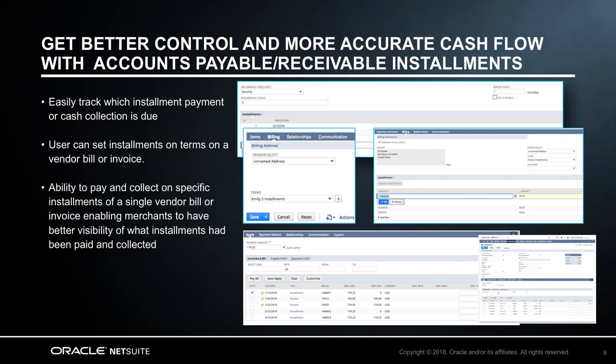Each installment will be automatically calculated by the system, but can still be edited by the user. By attaching due dates to each installment payment or cash receipt, it will be easier to track which installment is due, paid, or needs to be investigated. With the installments feature, companies now have an easier time and improved efficiency in managing installments in the accounts payable and accounts receivable processes. This feature will provide companies with improved functionality as well as maintain better controls over cash